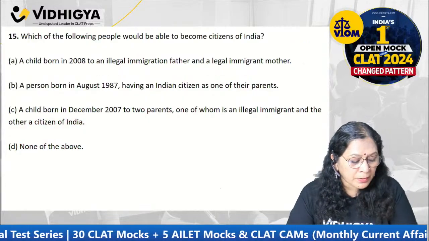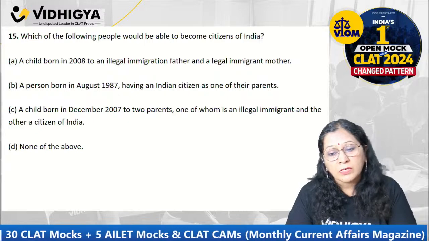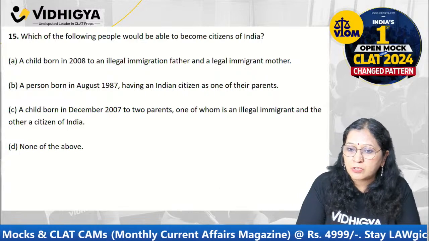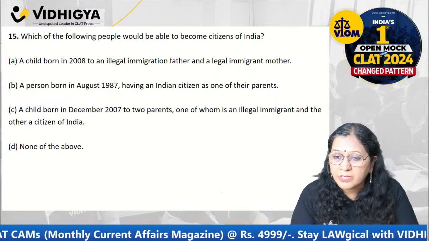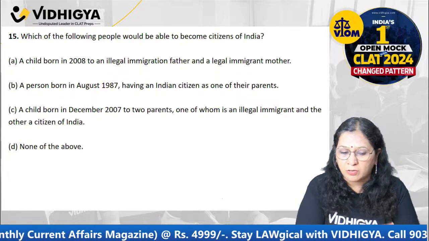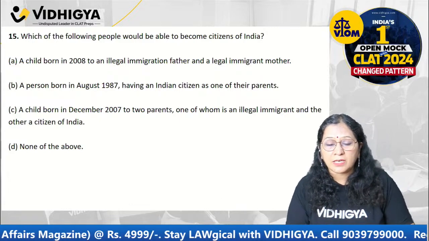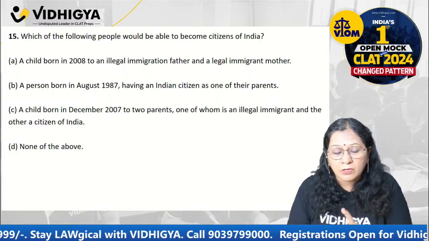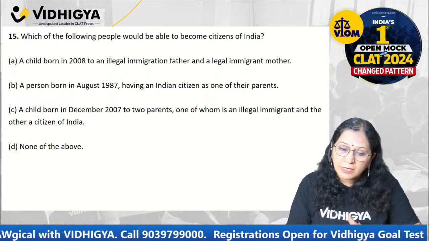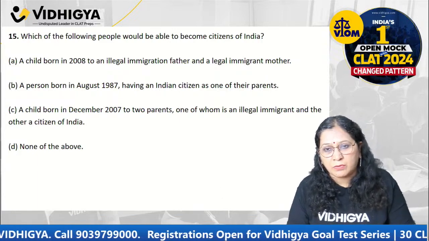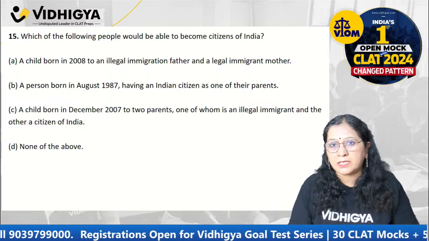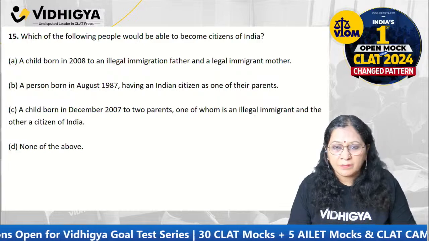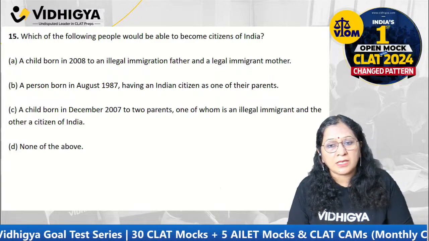Which of the following people would be able to become citizens of India? Now, becoming citizens of India का जो date wise जो दिया था, that was in the last two paragraphs. So you come back to the last two paragraphs and read it again and then match it according to the options. सोच समझ के ये करना चाहिए था, मतलब थोड़ा सा टाइम देकर. So in the test, this should have taken you not more than half a minute. But even if it takes 40 seconds, ठीक है, बढ़िया, बिल्कुल कोई दिक्कत नहीं है, क्योंकि ये सही जाना चाहिए answer. Clear. Again direct question था, थोड़ा सा टाइम लगता है, but then answer सही जाने के chances ज्यादा होते